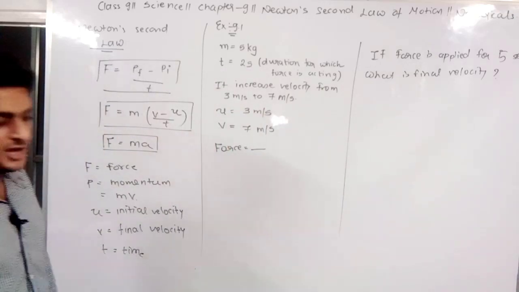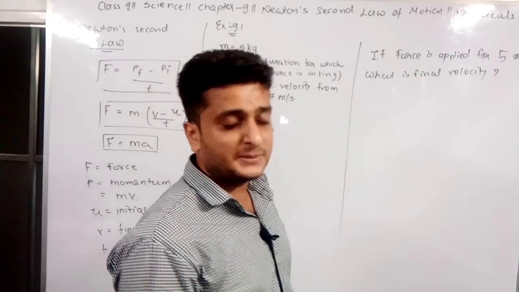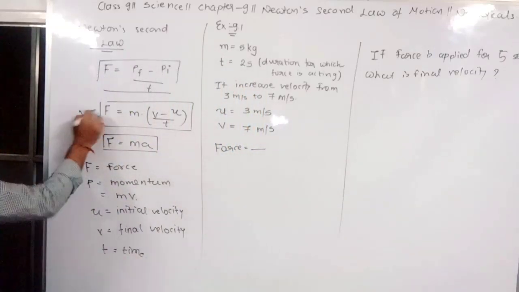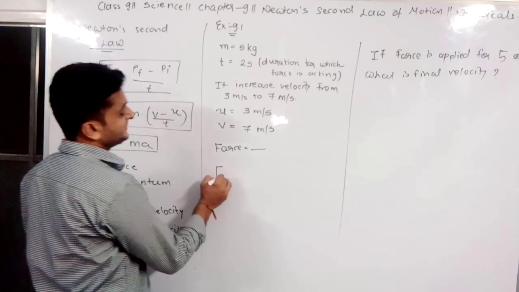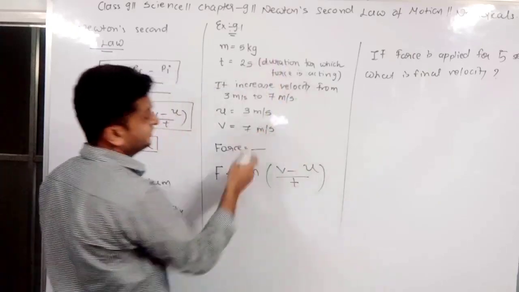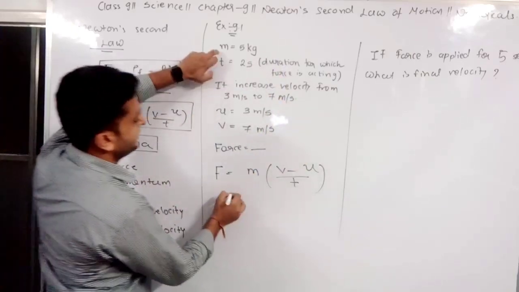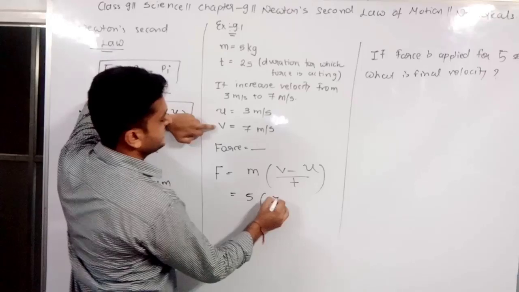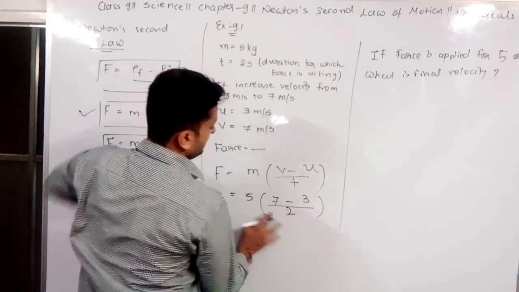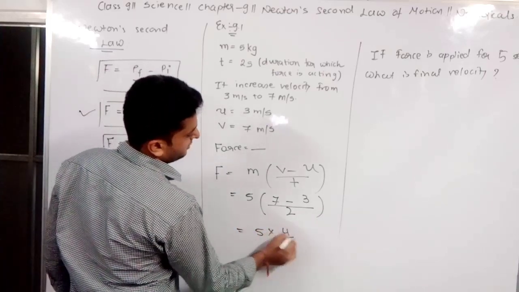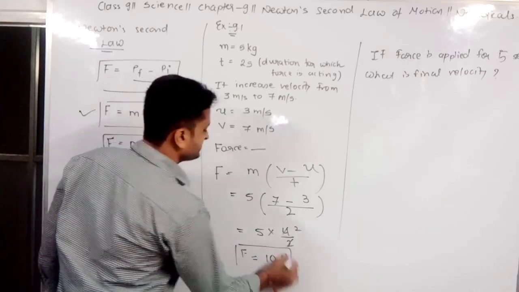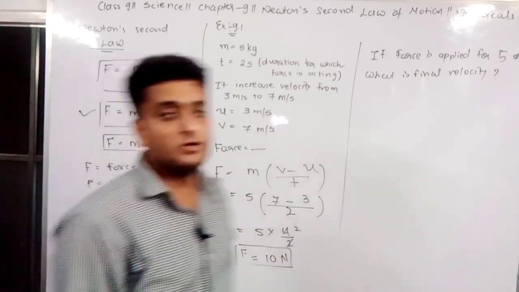चलिए क्या करेंगे, तो मुझे तो simple से सारे data पर से पता चल ही चुका है कि formula कौन सा apply करना है, आपको भी पता चल ही चुका होगा. You will apply this formula. So I can write as per the second law, F is equal to mass into v minus u by t. We are given all the data here, okay. Mass is 5, velocity is 7, u is 3, by time is equal to 2. Let's solve it out. 5 into 4 by 2, that is 10 Newton. So the force acting is 10 Newton.